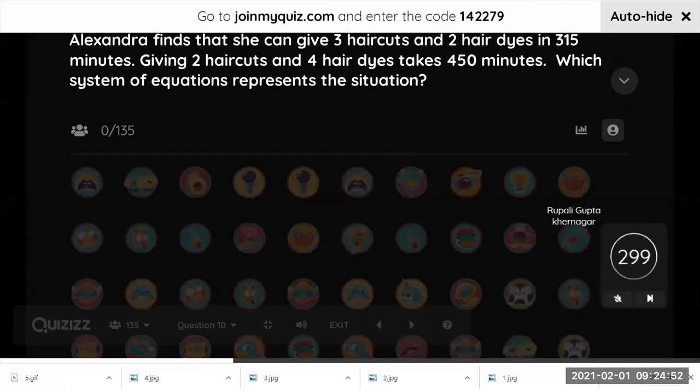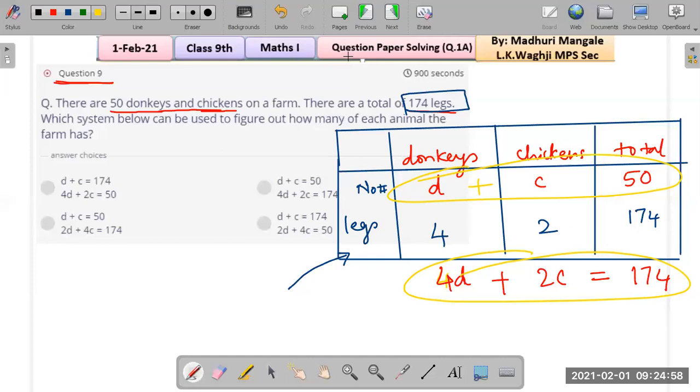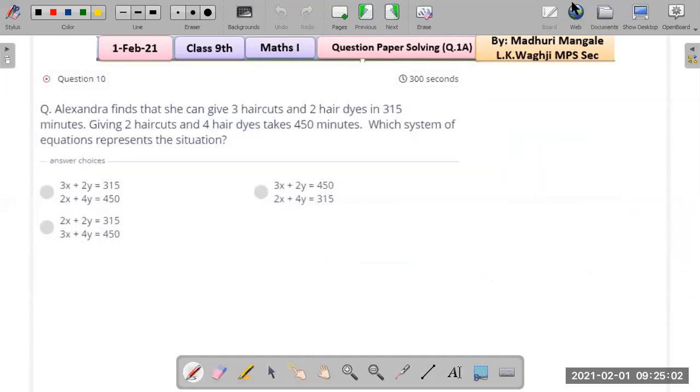Look at this question closely. Of course we are going to discuss it on the board. So go to the Zoom board, everyone, and here I will give you a few hints. Again, this is a question on linear equations in two variables. How to identify the correct answer? Please don't do guesswork. Let me help you. Let me give you some tricks.